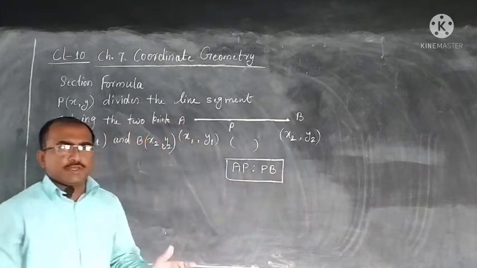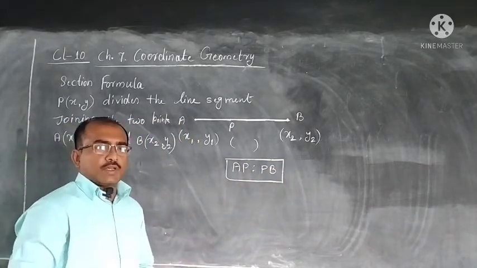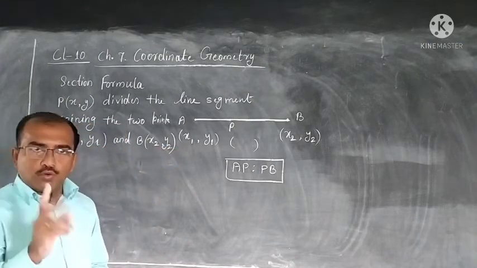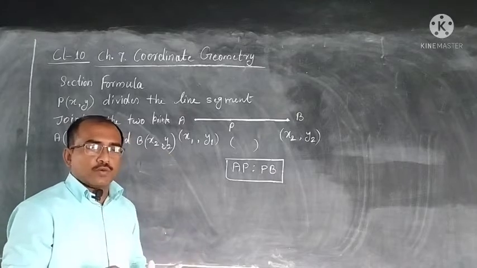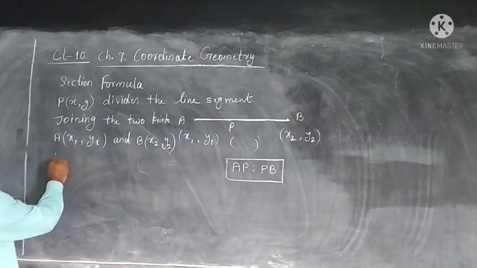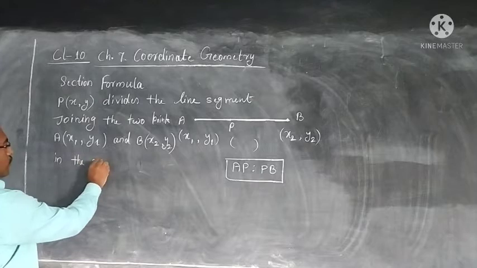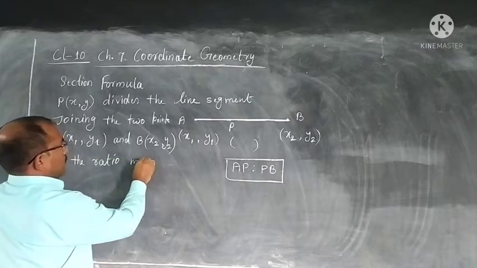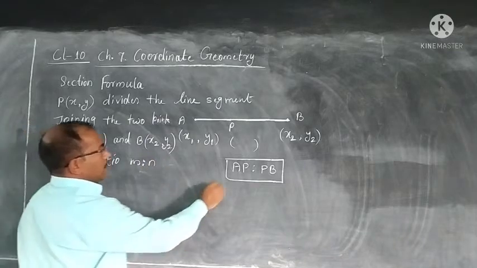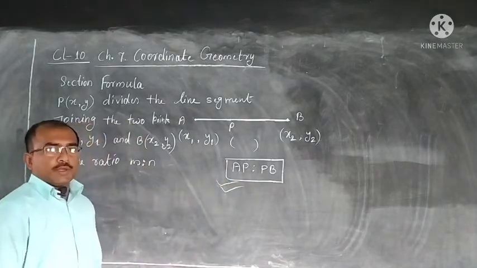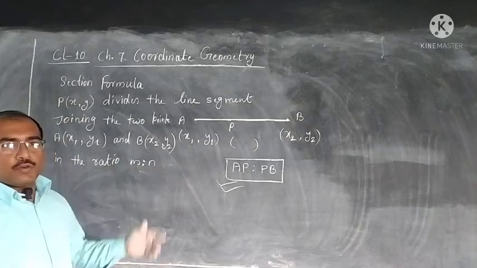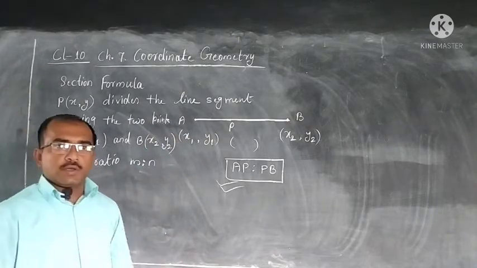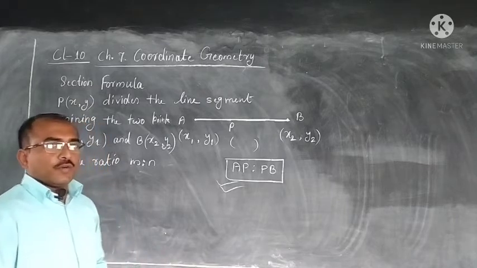Section means division, that is what we are going to work here. So, the point is dividing this line segment into 2 parts in a certain ratio. So, let us say in the ratio m ratio n. This is nothing, just we give the name. Here I gave the name AP ratio PB, here I gave m ratio n. We can go with the name or we can just generally go with m ratio n. I hope you have understood.